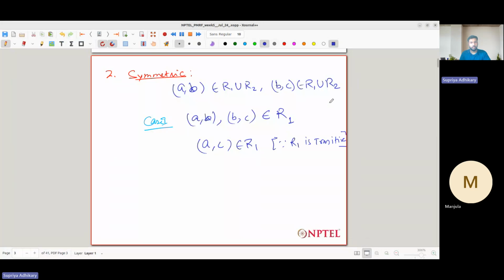So that is case 1, and for case 2 we have that (a, b) belongs to R1 and (b, c) belongs to R2. So basically both of these, (a, b) and (b, c), belong to two different relations, R1 and R2. Now what about this? We know that